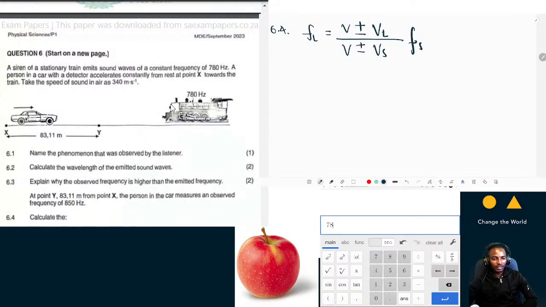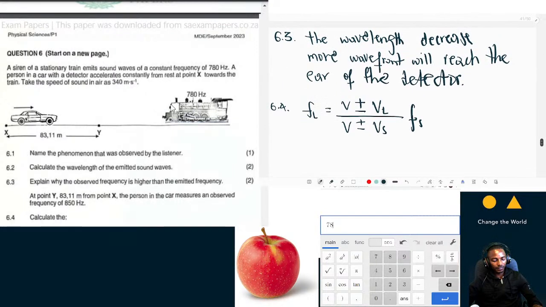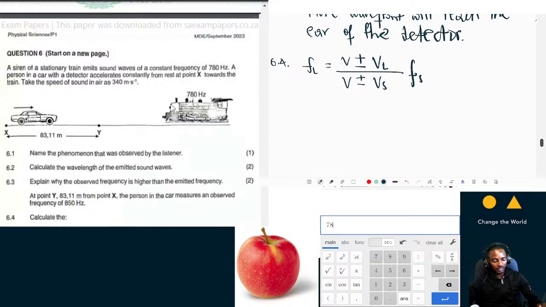The frequency of the listener is given to be 850, so we substitute 850, and the speed of sound in air is 340 over 340. Now we need to choose between positive and negative. How do we determine if we're adding or subtracting in the numerator? We know that